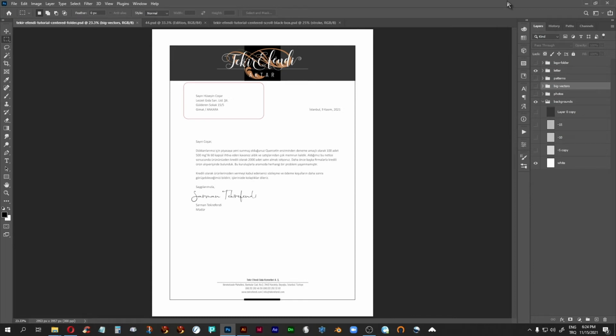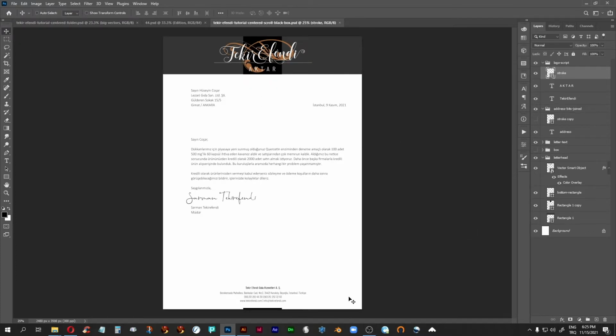And now we have finally come to the fourth element of the stationery package, which is the folder. So we're going to start looking at that. And what you see here is basically the original letterhead document that I made for the centered version of the identity, right? So I took this and